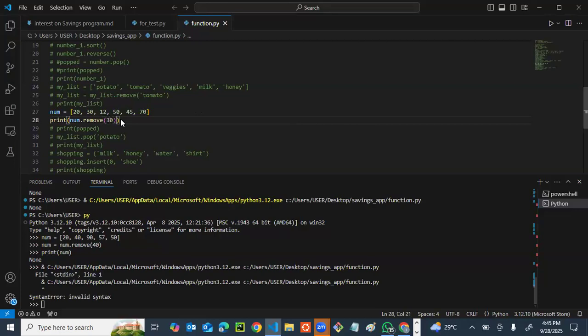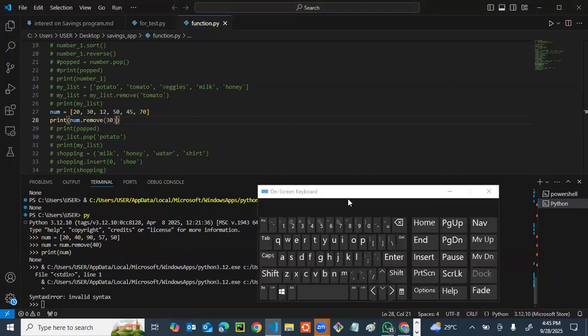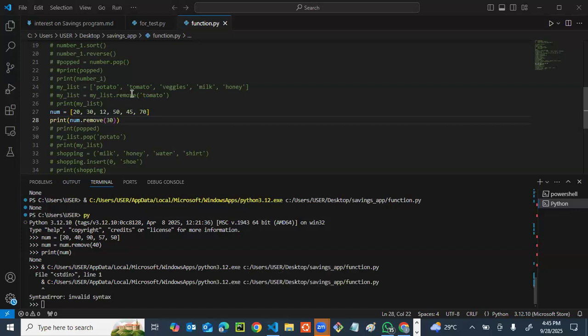So do you mean after this we should now say num again? Let's check the syntax. Okay, I think the problem is none doesn't return a value. If you print none dot remove, the dot remove syntax doesn't return the